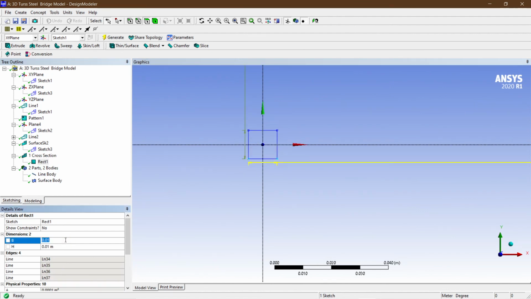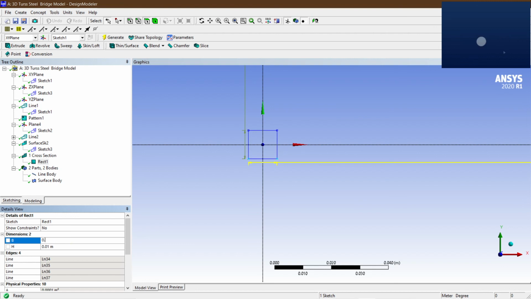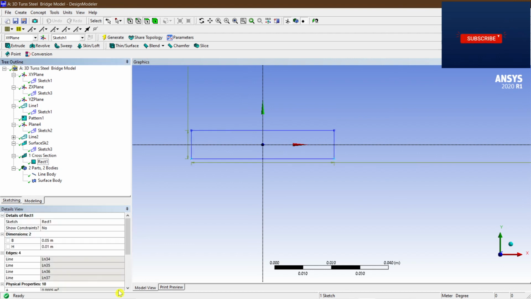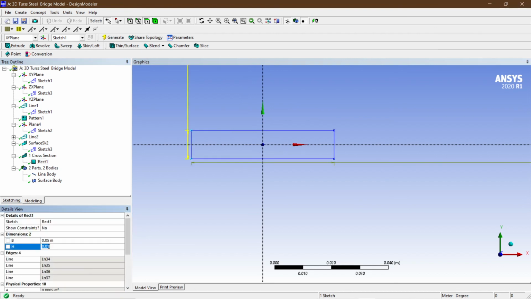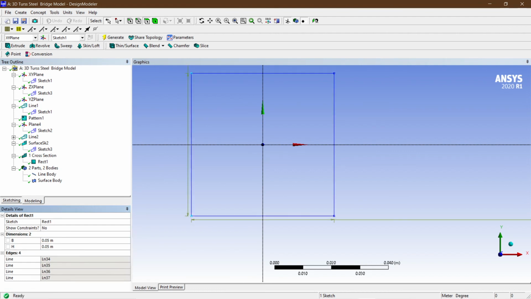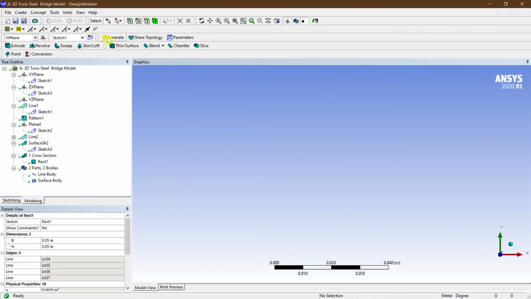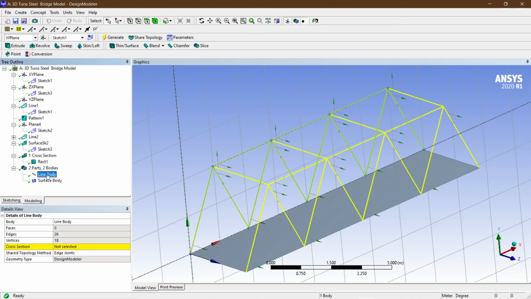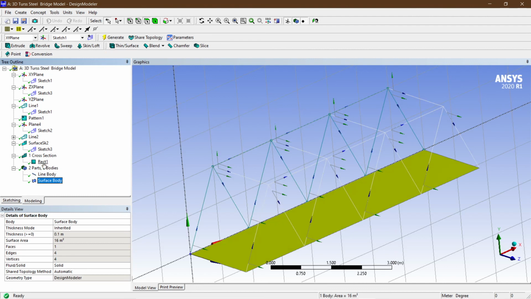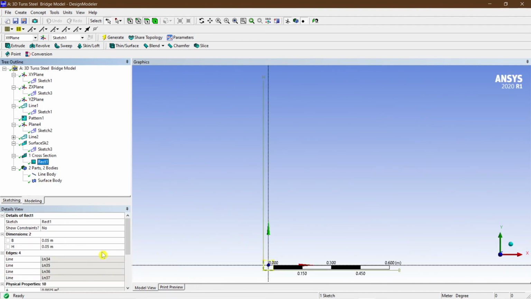Our breadth is, let us take, 0.05 meters, and similarly 0.05 meters. Then we hit generate. So our line body is ready, and the rectangular cross section is also ready here.